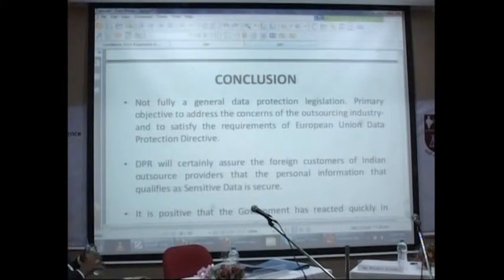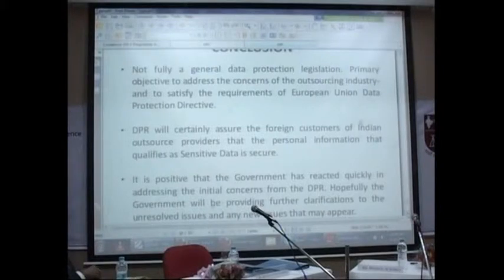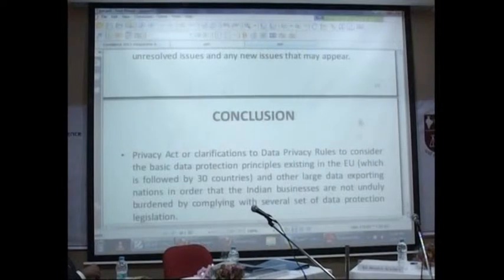The government has been quick and sent positive signals by providing clarifications to the initial concerns under the data privacy rules. Hopefully, there will be more clarifications to unresolved issues and any new issues that may appear. Finally,